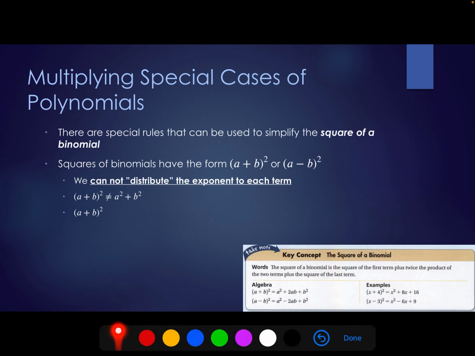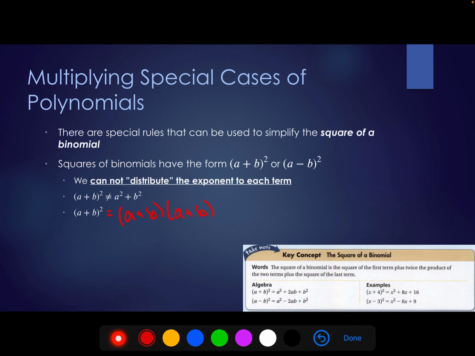So now let's take a look. We have this (a + b) squared, and we have an example of it down here in the right-hand corner. It says (a + b) squared is equal to a squared plus 2ab plus b squared. And let's take a look at why. So we have (a + b) squared, that's equal to (a + b) times